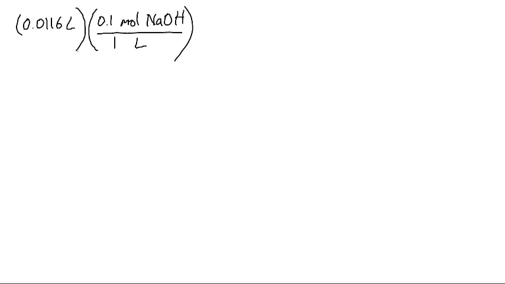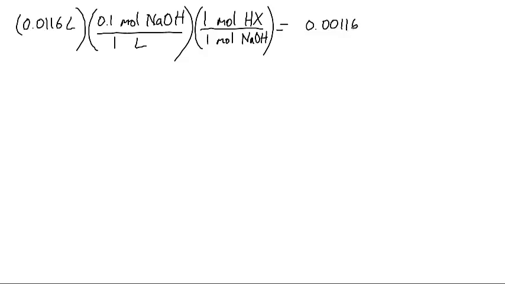So what conversion factor will get me to moles of HX? 1-to-1. There's 1 mole of HX for every 1 mole of NaOH. So that'll give me the number of moles of HX. I could do that calculation. I can do that one in my head, I'm pretty sure. 0.00116 moles